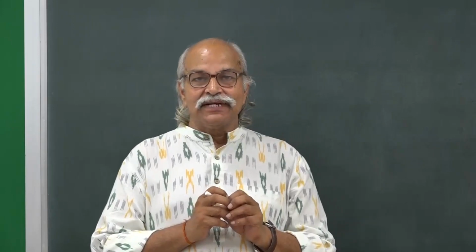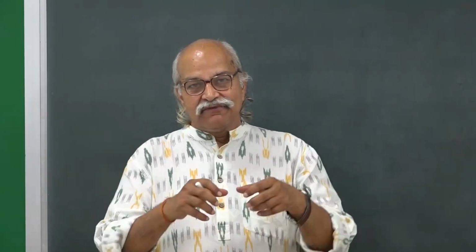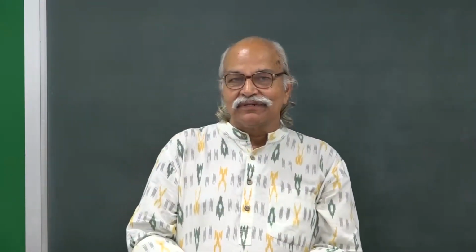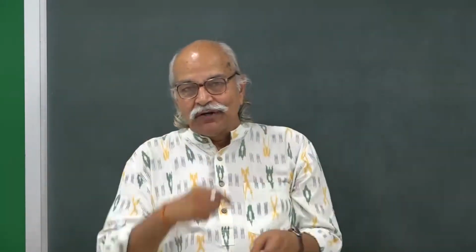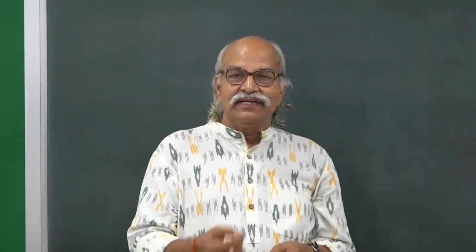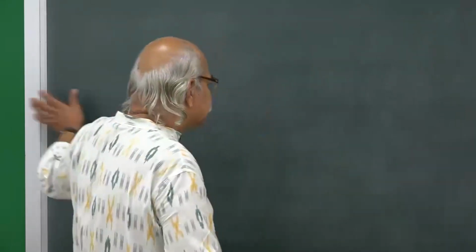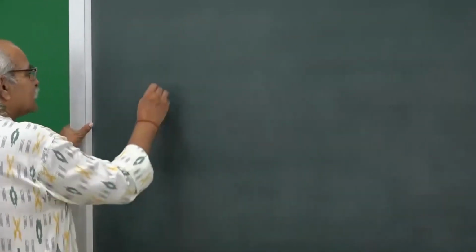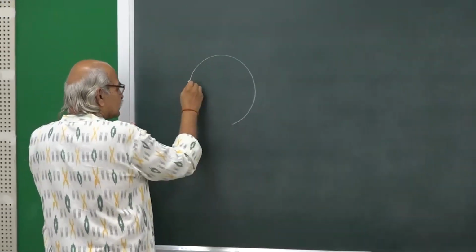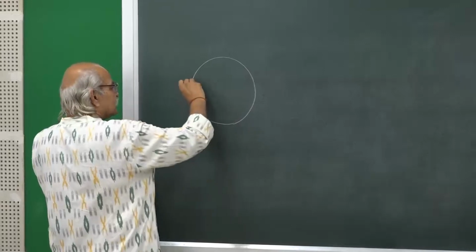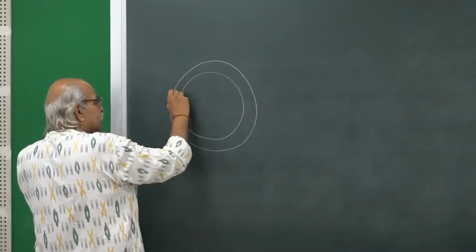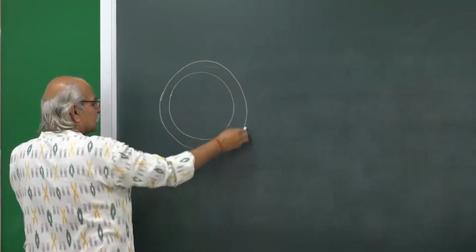So, essentially a toroid is like you have a tube, say your cycle tube or tire tube. On that, if you wind the turns, that becomes a toroid. So, if I try to draw the diagram here, it will be something like this. This is the inner side of the tube and this is the outer side of the tube. So, this is the tube, and this part